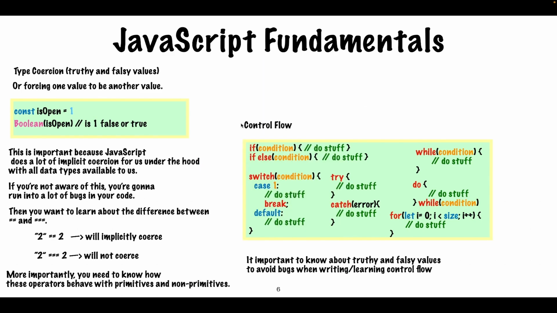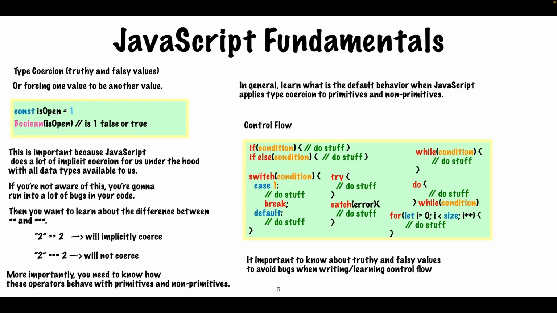When I was first learning JavaScript, the reason I was able to guide myself is because I came from a C++ background. C++ was my first language. It was difficult, but what helped me a lot was the compiler, right? I would get all these random linting errors that I didn't understand, so I had to look them up. And along the way, I had guardrails. With JavaScript, you can choose to disable those guardrails if you want and go crazy and just do a bunch of weird stuff. So anyways, in general, you want to learn the default behavior when JavaScript applies type coercion